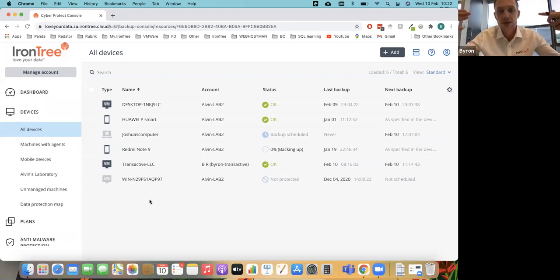So the steps that would typically take place: you contact IronTree to migrate an account or create a new account. We send you the username with an activation link. You click on that activation link and set up a password. Now that's specific to a customer's backup console or a customer's backup account. Once you do that, you're going to land up in this console here, and we can see that at the